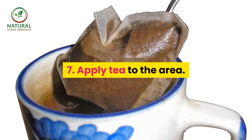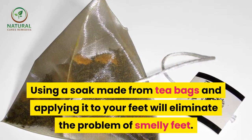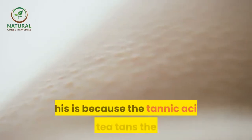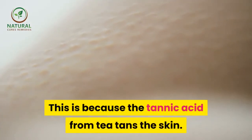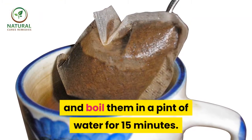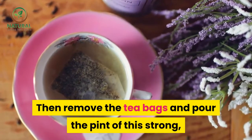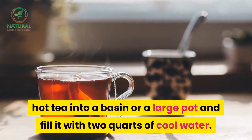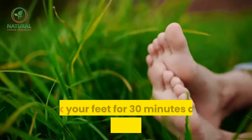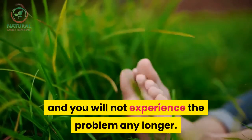7. Apply tea to the area. Using a soak made from tea bags and applying it to your feet will eliminate the problem of smelly feet. This is because the tannic acid from tea tans the skin. Take a couple of tea bags and boil them in a pint of water for 15 minutes. Then remove the tea bags and pour the pint of this strong, hot tea into a basin or a large pot and fill it with 2 quarts of cool water. Soak your feet for 30 minutes daily for 7 or 10 days and you will not experience the problem any